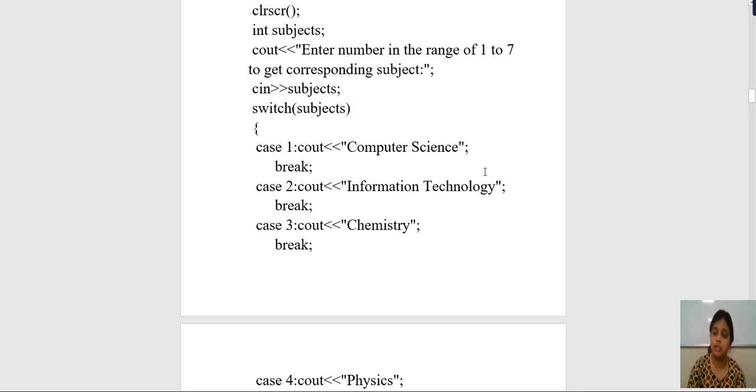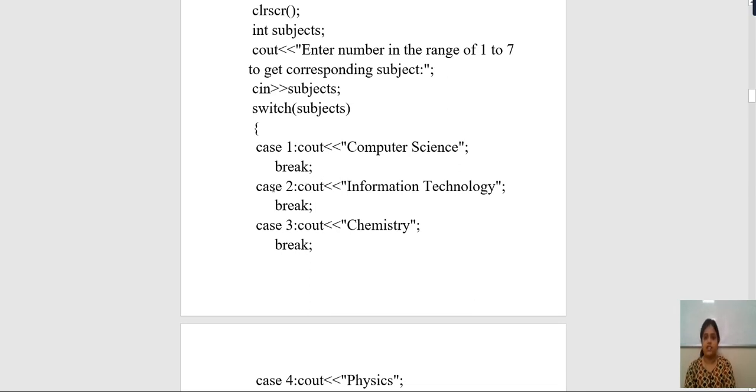Remember that when you are writing the switch statements, after each statement you have to use break. Break and continue are the two statements used. Break means your case will stop there and the new case will be executed after the break. So for case 1 we have assigned computer science, and then we have taken the break statement.